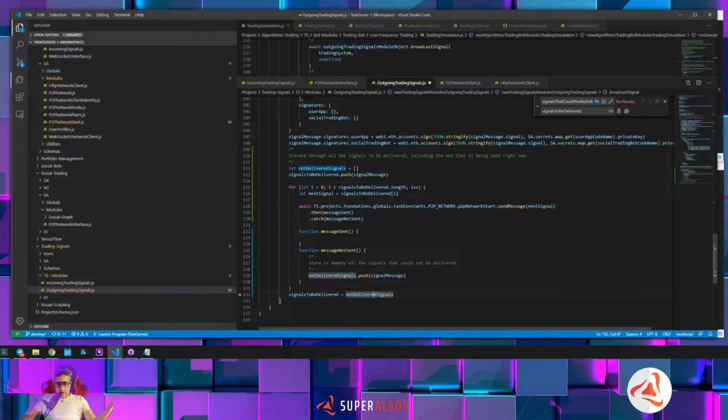So the next execution comes here, adds this to the array, and sends the signal, but it fails. So it comes here and is added to the not delivered signals, and then it replaces this array with one that is exactly the same as this one, but now this array is going to be stored at the outgoing trading signals object. And pretty much this mechanism was supposed to work, except for one fact,